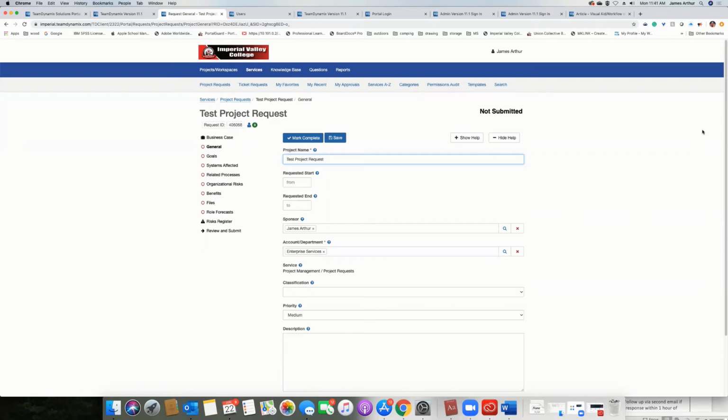And how much information you want them or need them to fill out in the business case is completely up to you, right? The red circles here for these items that say general, goals, systems affected, related processes, organizational risks, benefits, files, and role forecasts, those have just been turned on out of the box by us, right? And you can actually add more fields in here, or we call these sections. You can add more sections in here if you need to,